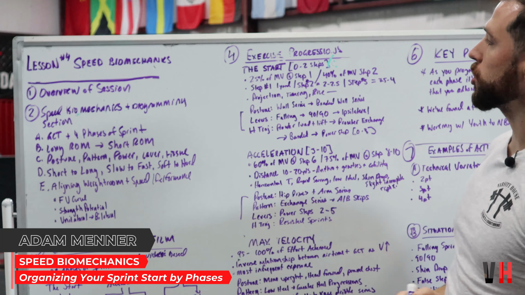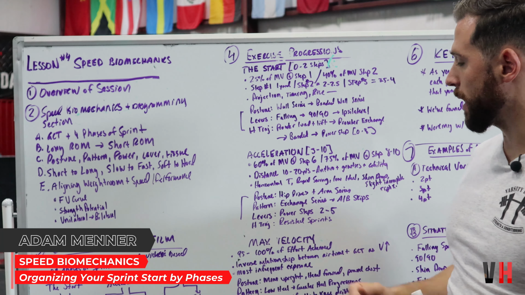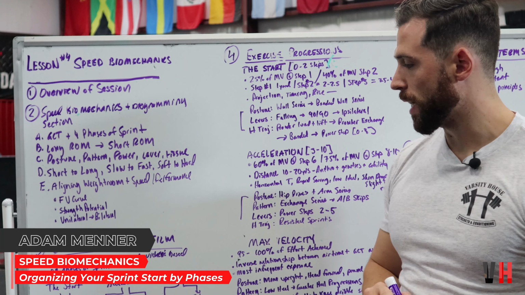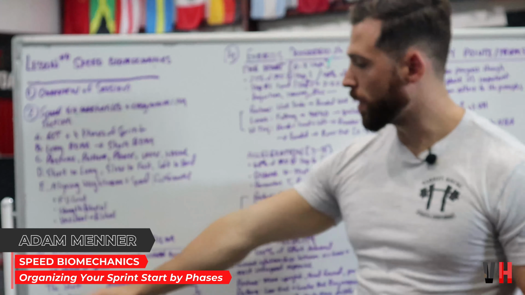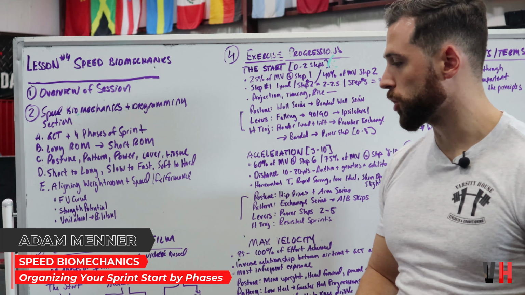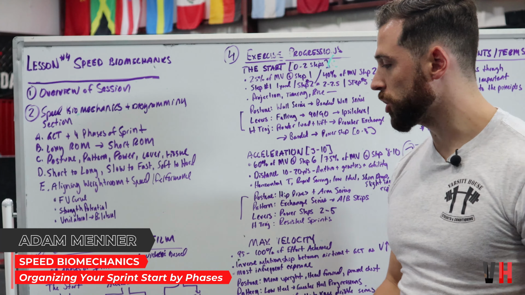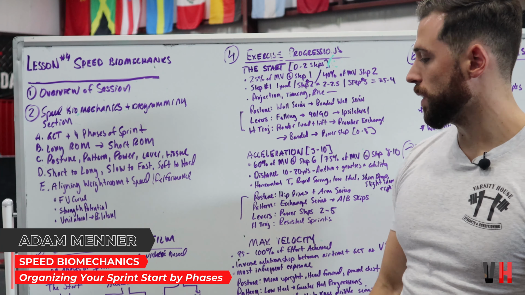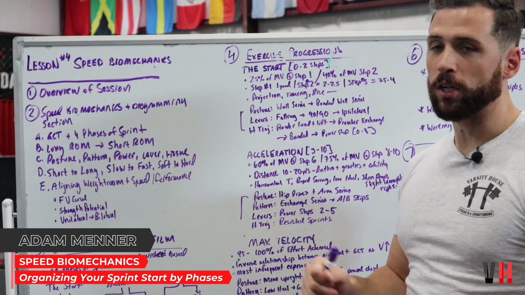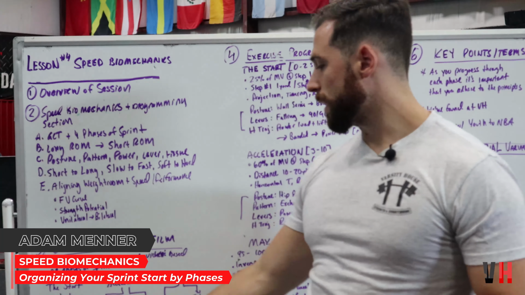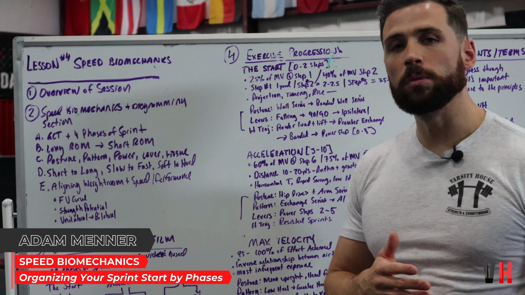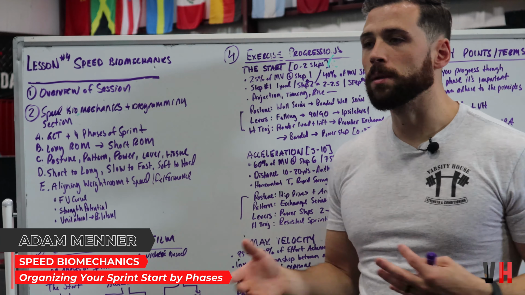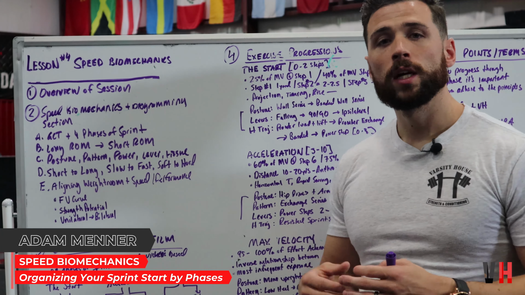So when we look at each phase here, we have the start, acceleration, max velocity. This is our start, this is acceleration, this is max velocity. If you look here, we have technical starts and expressional speed starts. Under acceleration, we have technical starts and expressional starts. Then under max velocity, technical starts, expressional starts. Now, when looking at technical starts, like I alluded to before, this is standardizing our movement. What are our checks and balances that we are looking to improve to ensure that we are